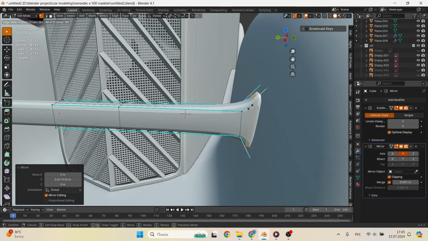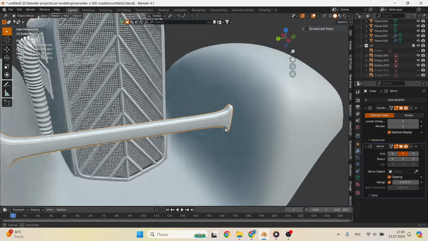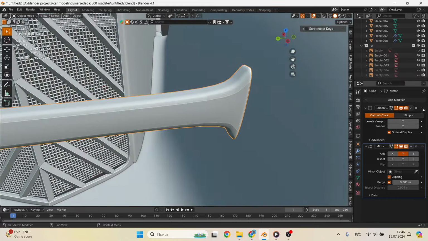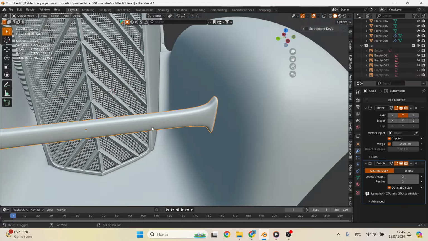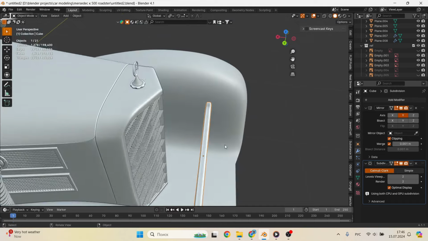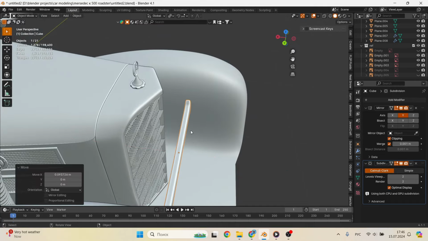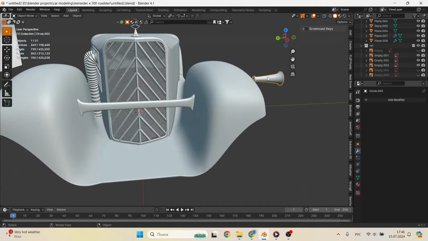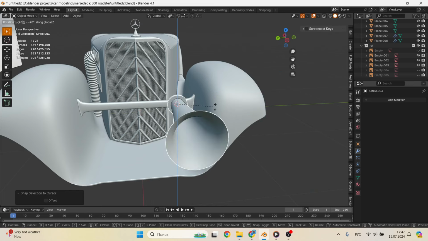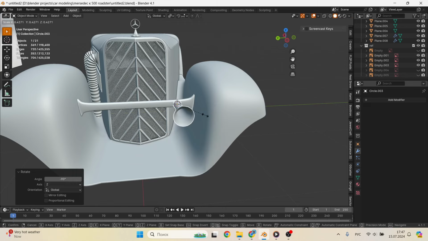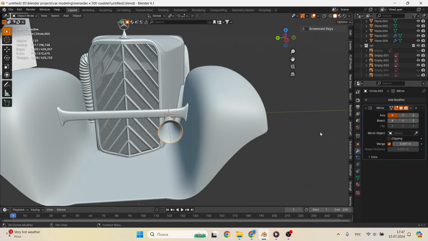In order to fix the shading, we swap the modifiers. Well, now we can move the horn here. They will be attached from below the bar, and there should actually be two of them, so we use a mirror and move on to the front headlight.